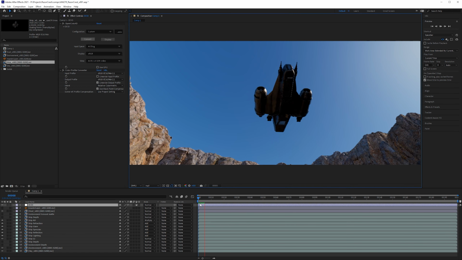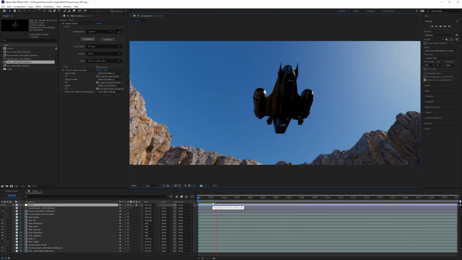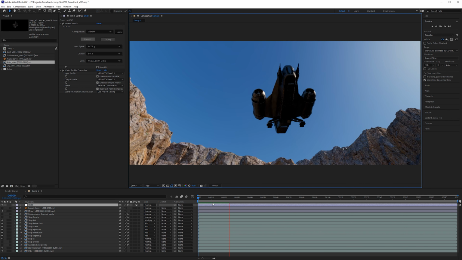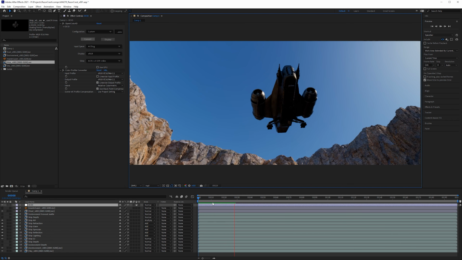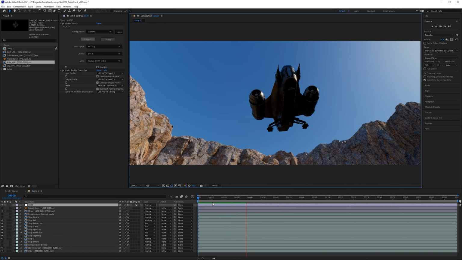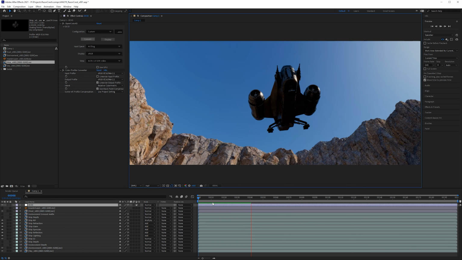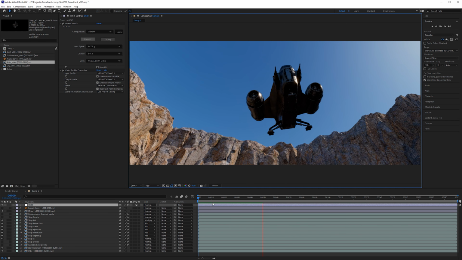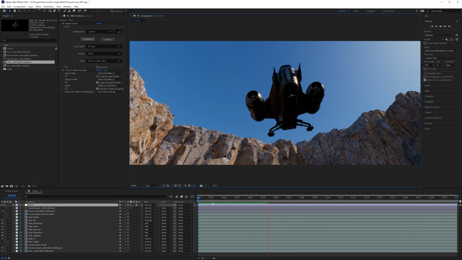You can go up to the preview tab here and just click the start, or you can click spacebar. And what this is going to do, every frame is going to turn green, which is going to load that frame into your system RAM. So instead of saving it to a hard drive, which is pretty slow to retrieve, it's going to save it on your memory, and it's going to be very, very fast to load. So once the entire shot loads, we can watch it in real time and then take a look at some of the issues.